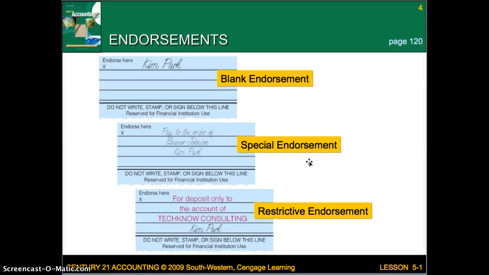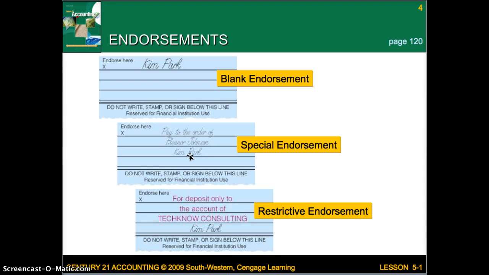A special endorsement is when it says paid to the order of Eleanor Johnson by Kim Park. So what's happening is the check was written to Kim Park. She wants to endorse it, but she knows she owes money to Eleanor Johnson, so she wants the money to go to her. So she's given the check to Eleanor Johnson. She signed it off, and now Eleanor is going to be able to get the money out of that check